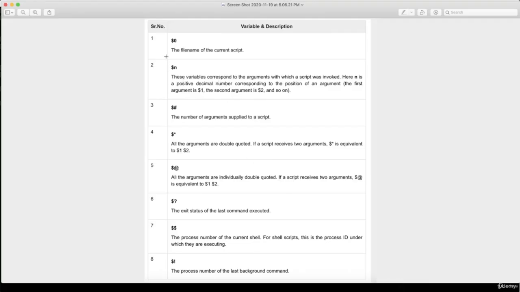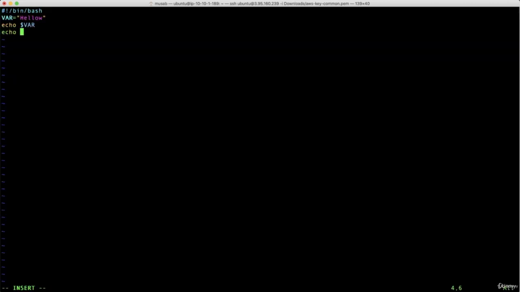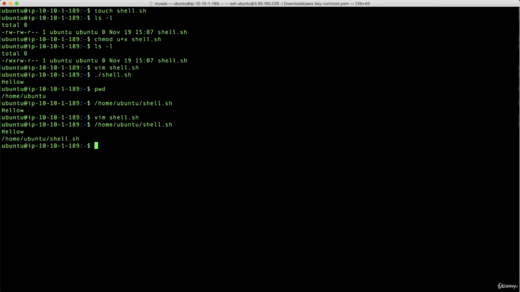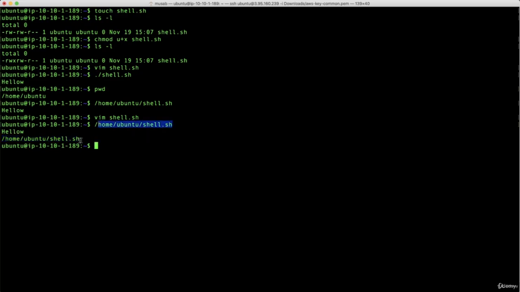Now for the special variables, I summarized them here in this table. You can see that we have $0, $n, $#, $*, $@, $?, and $!, or shift 1. The first one is the file name of the current script. So if you go to shell.sh and type echo $0 like this, now let's run again. You can see that it gives the name of the script, which is /home/ubuntu/shell.sh,